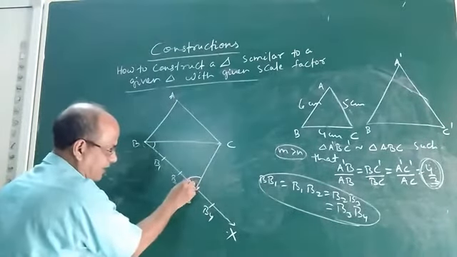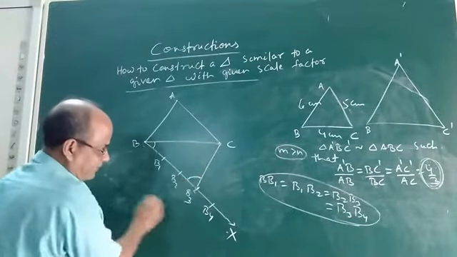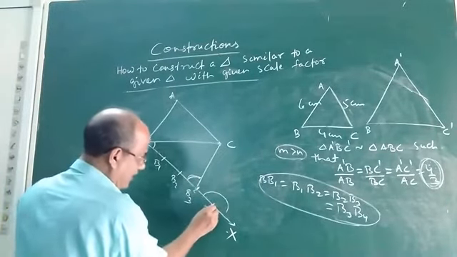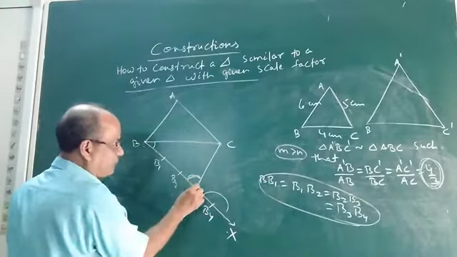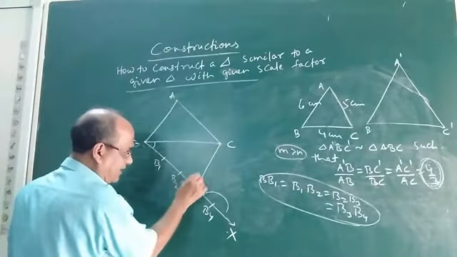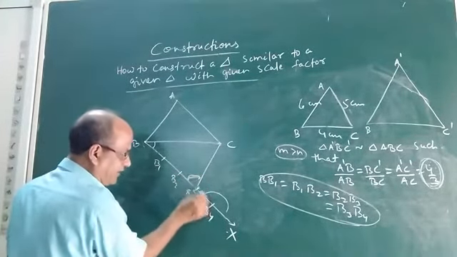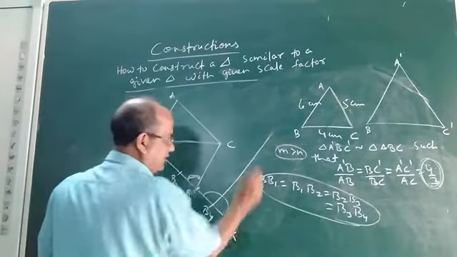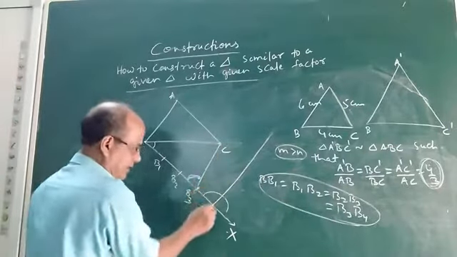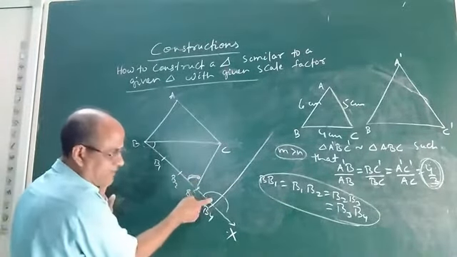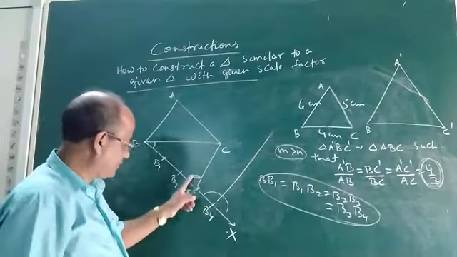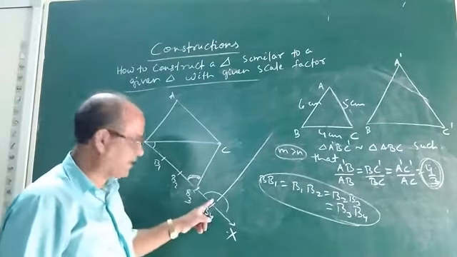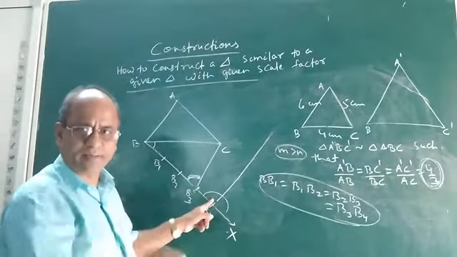Now here you got an angle. Okay. So whatever angle has been obtained after joining B3C, you shift this angle at the vertex B4. Shifted means this angle and this angle must be equal. This angle is shifted at the point B4. That means these two angles are equal. Okay. And you know how to shift angles.